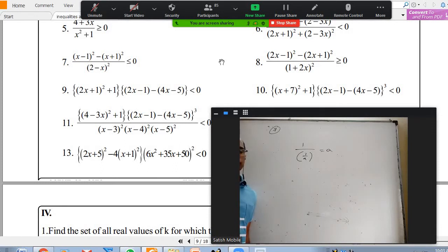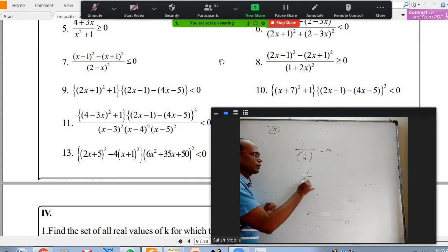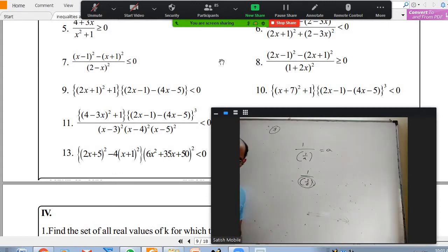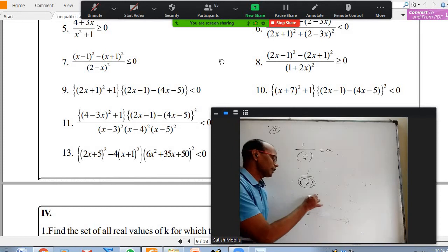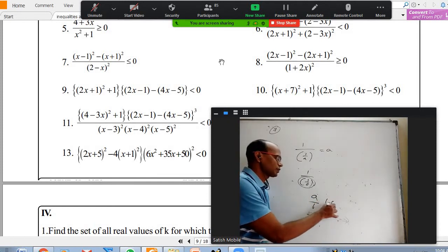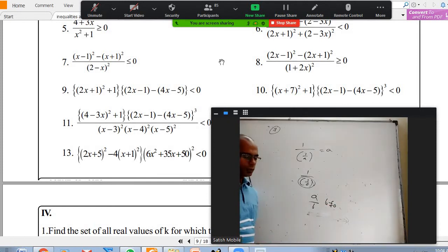It looks simple, but it is important. If a is 0, can you talk about 1 by 1 by 0? Is 1 by 0 defined first of all? No, sir. Don't say 1 by 0 is infinity and 1 by infinity is 0. There is nothing called infinity, first thing. Second thing is a by b is defined only when b is not equal to 0. So 0 by 0, 1 by 0, 2 by 0, all are not defined. So it is meaningless to talk about 1 by 0 first of all.